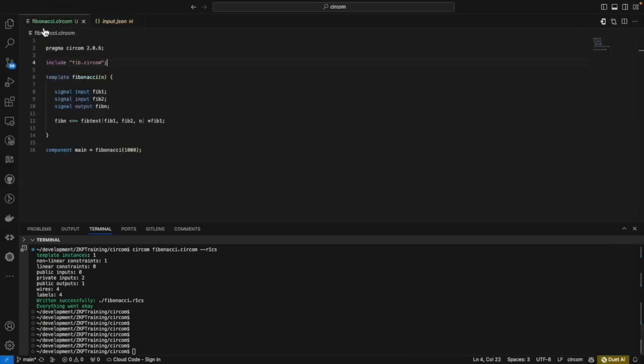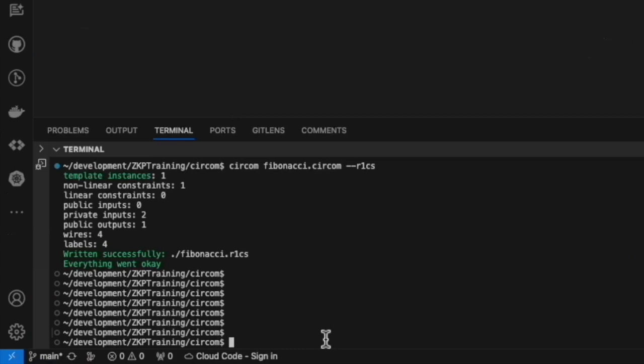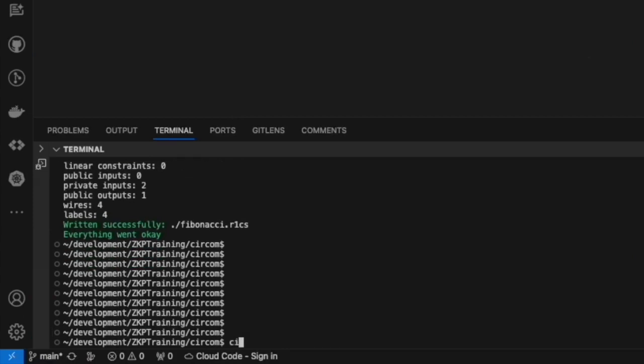So we go to our fibonacci.circom code and then type circom fibonacci.circom. As you remember, the first switch was --r1cs, which generates a binary format r1cs constraint system for our Fibonacci circuit. And also the second switch is wasm, which produces a wasm file, which is a WebAssembly code needed for witness